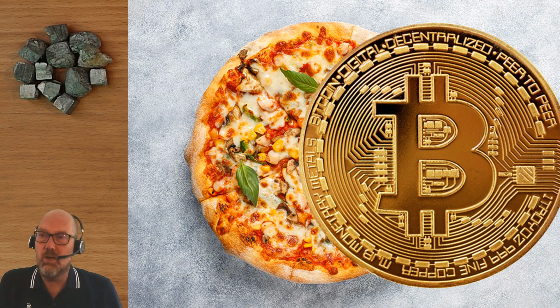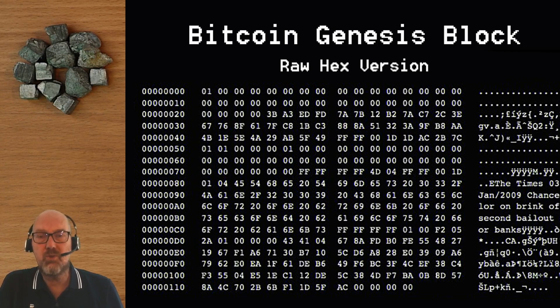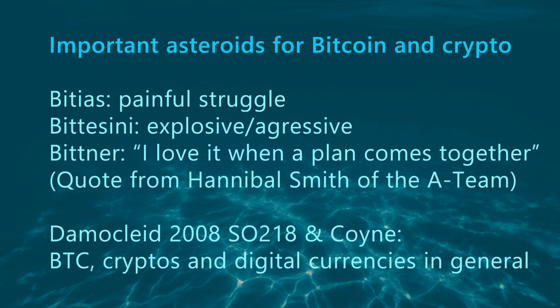Another important one might be the Genesis block, the day that the Bitcoin blockchain was started up, so to speak. And you have other great moments in the history of Bitcoin, like for example 2 years ago when Nayib Bukele, the president of El Salvador, said that his country would adopt Bitcoin as legal tender. At that moment, that was a breakthrough. So we can look at those charts and see how these three asteroids behave.